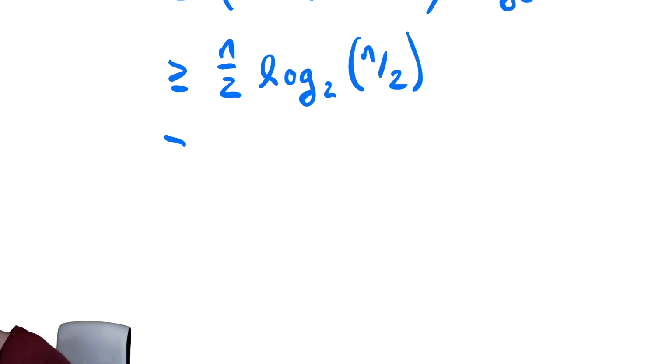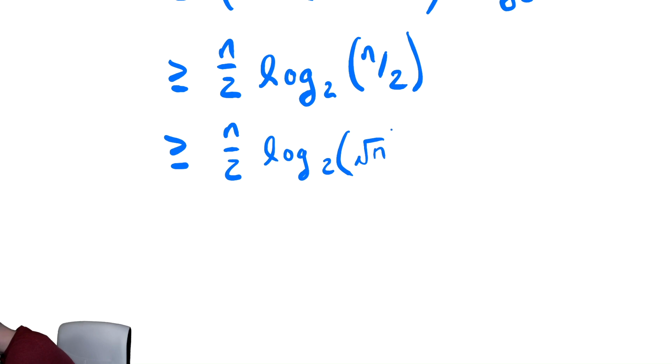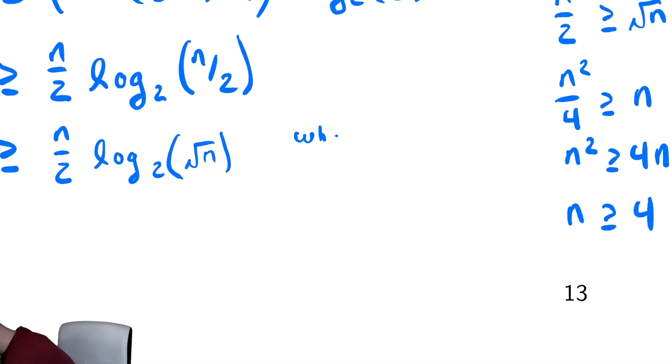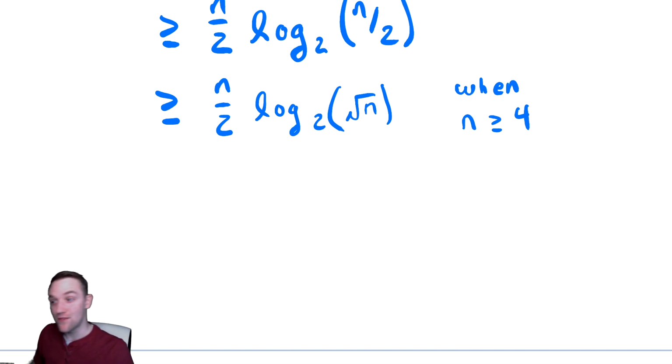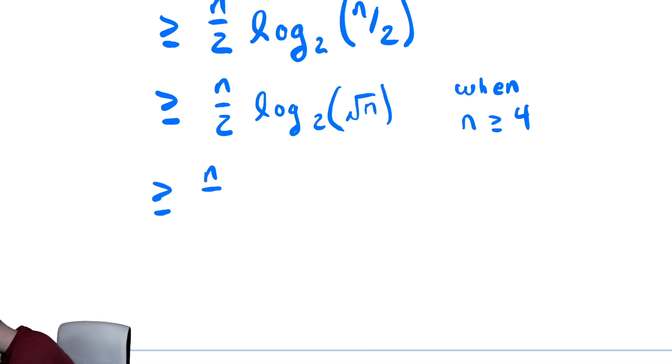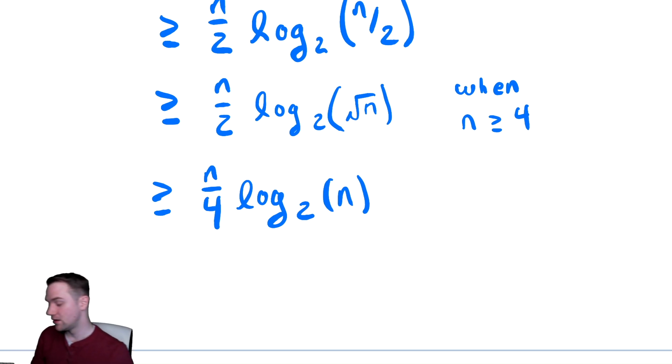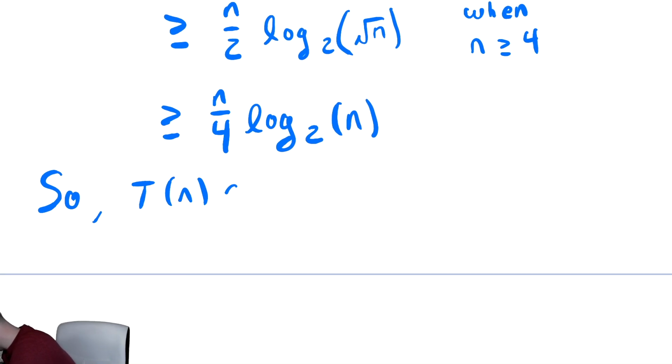Let's do that. This is greater than or equal to n over 2 log base 2 of the square root of n, and that's true when n is greater than or equal to 4. And now, radical n is n to the 1/2. So we can pull that 1/2 out front of the log, and we have that this is greater than or equal to n divided by 4 log base 2 of n, which is a number 1/4 times n log base 2 of n, which was the goal. Remember, we wanted to show it was an omega of n log base 2 of n. So t of n is in omega of n log base 2 of n,